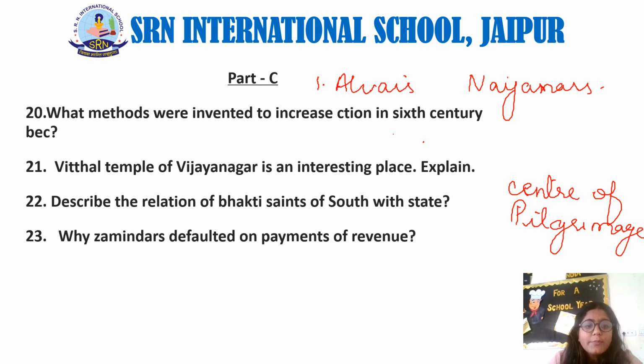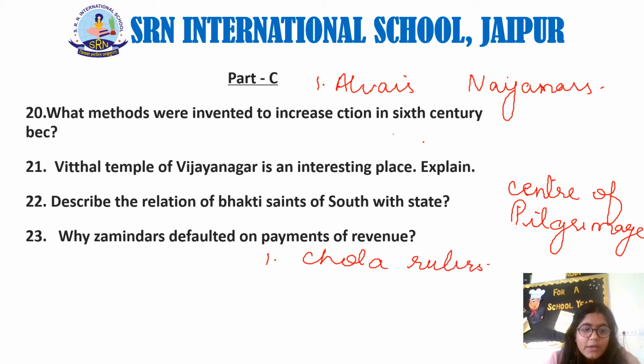Also, the central point of the Tamil devotional creation was the opposition to Buddhism and Jainism, and this feeling of opposition is more distinct in the creation of saints belonging to the Nayanars. According to historians, the main reason for their opposition was the competition between different religious communities to seek state patronage.